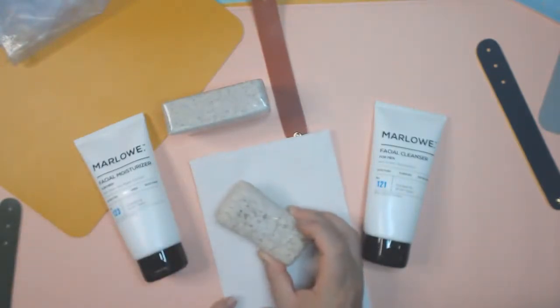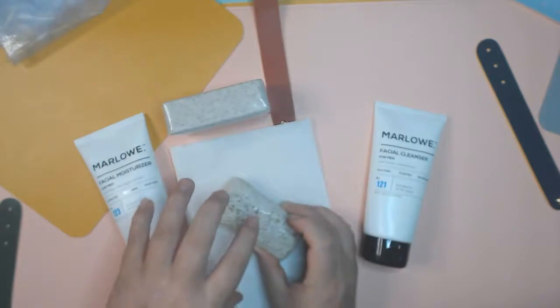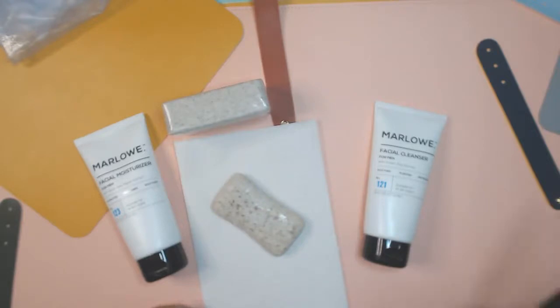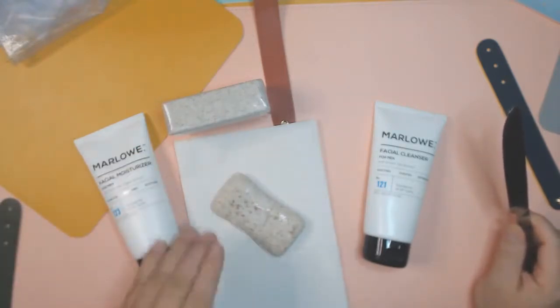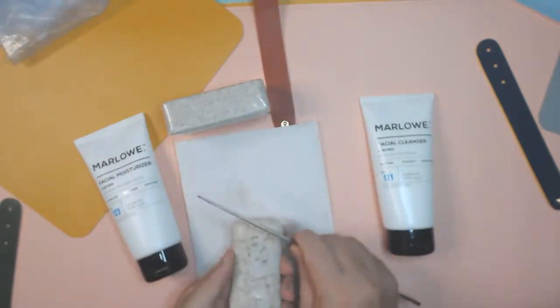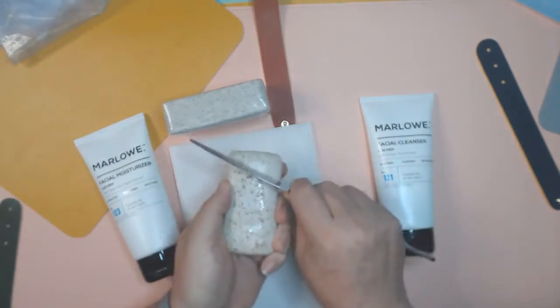So it's not really a big deal. It helps with the exfoliant or whatever it's called. But as the soap dissolves, these remain, right? So you get a higher concentration of it. So all you do is one day when you're in the shower, usually I use the handle on my razor, and I just do this. But you can do it with a butter knife right here. So all I do is when it's a little wet, you just scrape off all that,